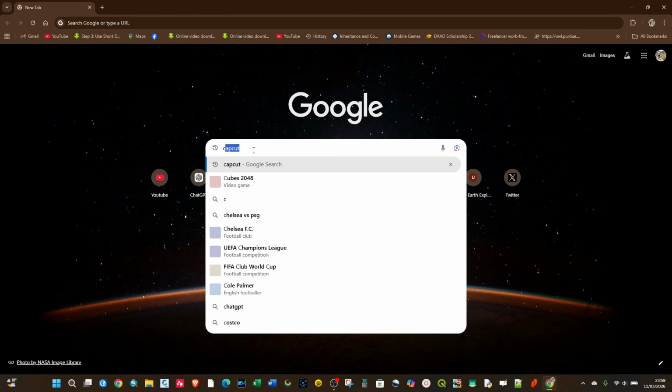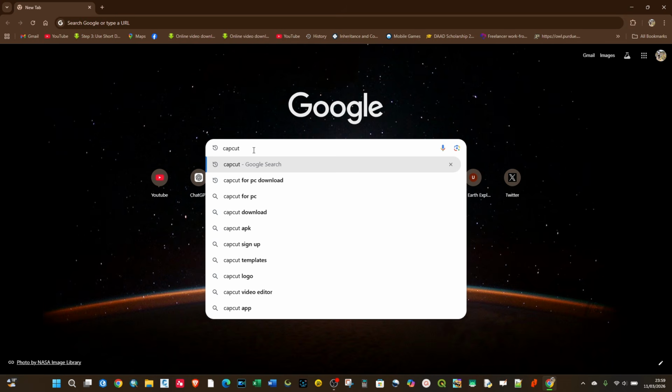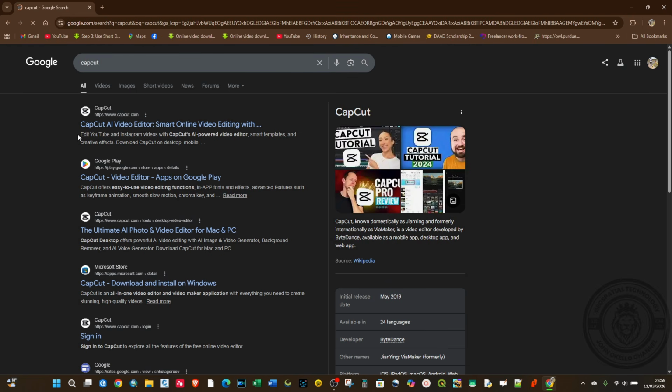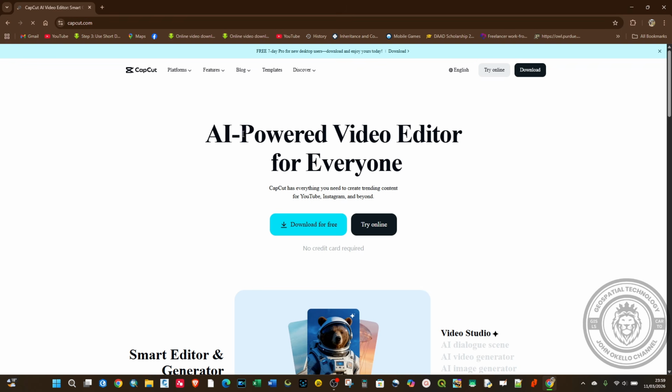CapCut in the browser, and then hit enter, and go for the official link which says https://www.capcut.com, and of course it should be the first link. Click on it, and then